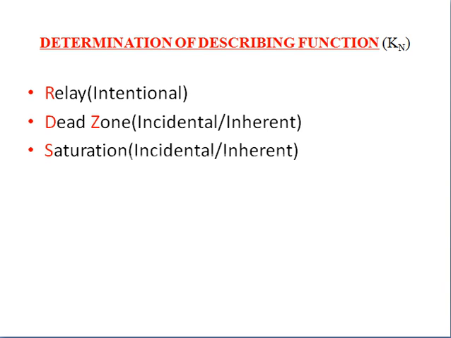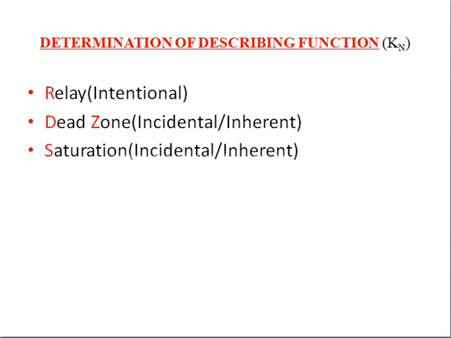Relay is an example of intentional nonlinearity, that is, nonlinearity deliberately inserted into the system, and dead zone and saturation are examples of incidental or inherent nonlinearity, that is, nonlinearities which are already present in the system. So for determination of the describing function, we need to find the value of Kn of relay, dead zone and